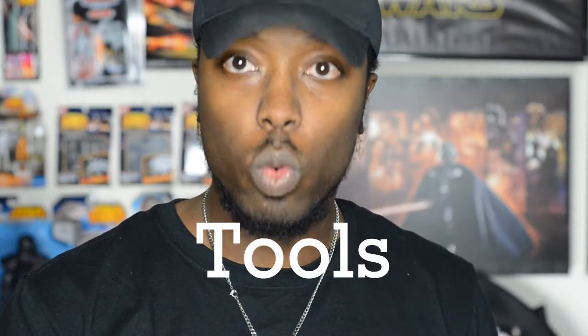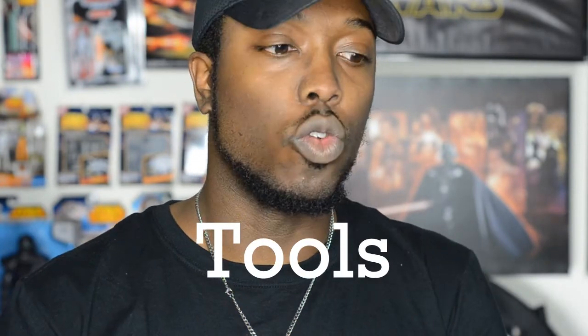In addition to your safety equipment, you might want to have a good pair of leather gloves, because you will be working with hot materials sometimes, like when you're putting your EVA foam in the oven and such. So, when working with EVA foam, or foam smithing, as I like to call it, there are several tools that you will need to work with the foam well. So, first off,